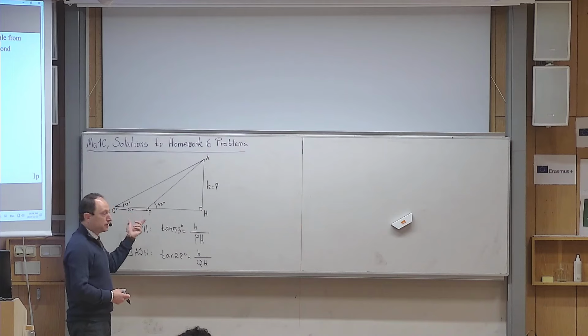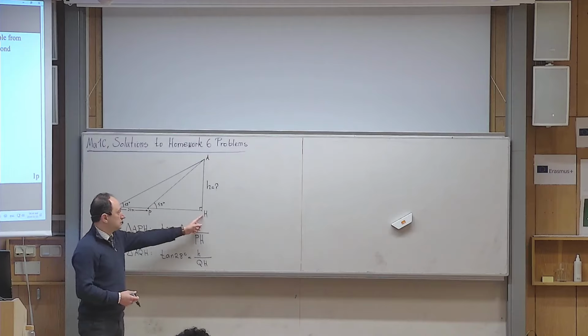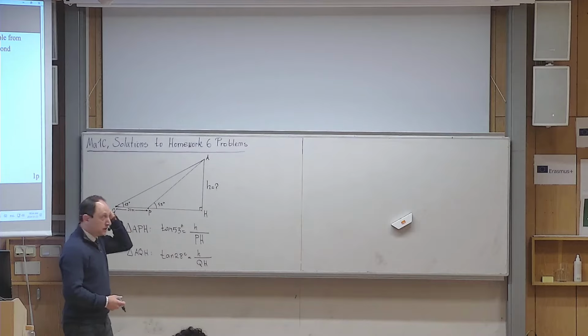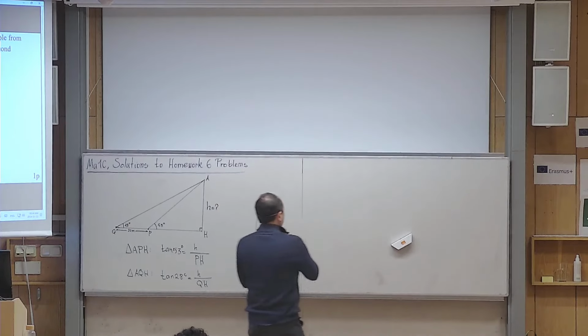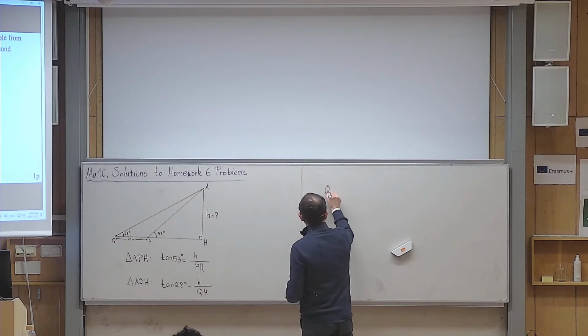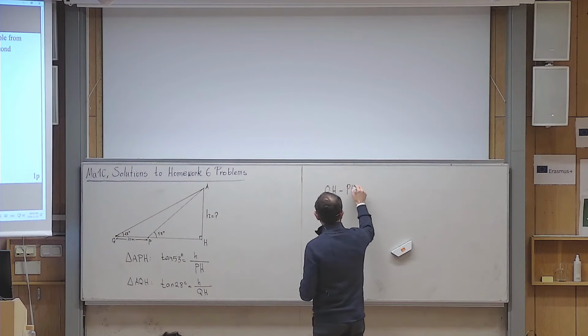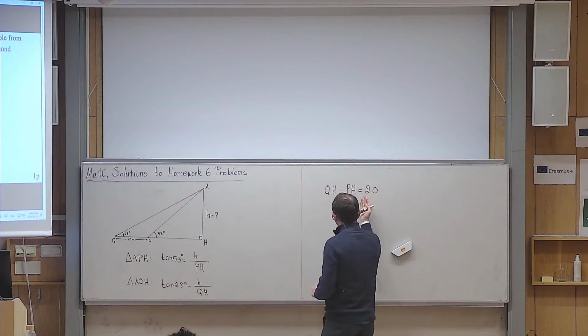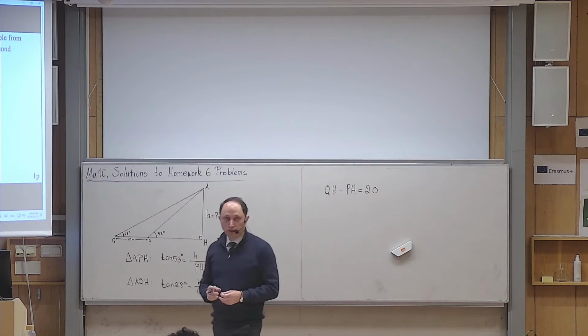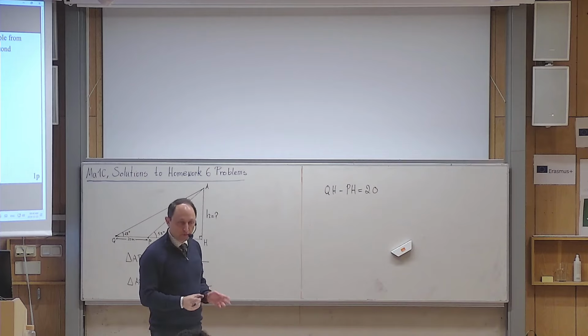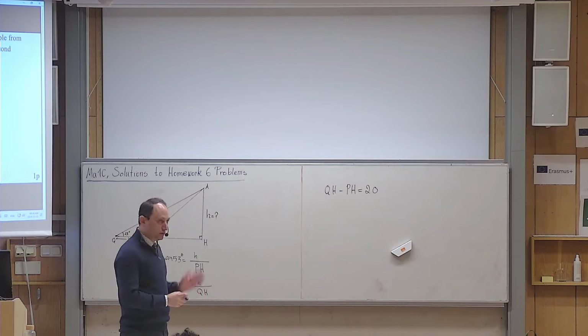So how can I bring this 20 into the problem? It is very simple. QH minus PH is what? 20. So you write QH minus PH is equal to 20. Then I have 3 unknowns and 3 pieces of information. In principle, it is enough to answer all of them. Okay, but I just need